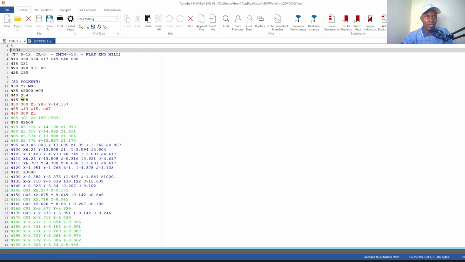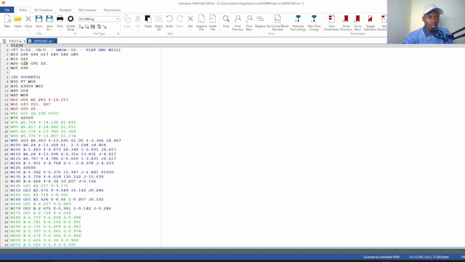Remove the 0. So this is tool number 7. So as you can see, the moment we go to every other step, it will automatically be selecting the tool number that we had labeled earlier when we were selecting the tool.